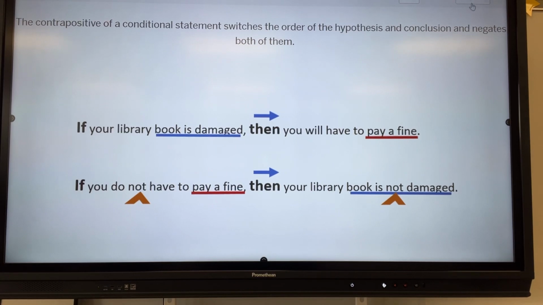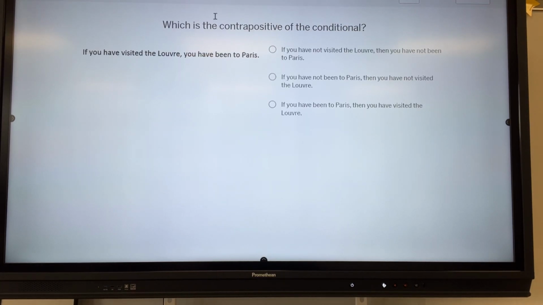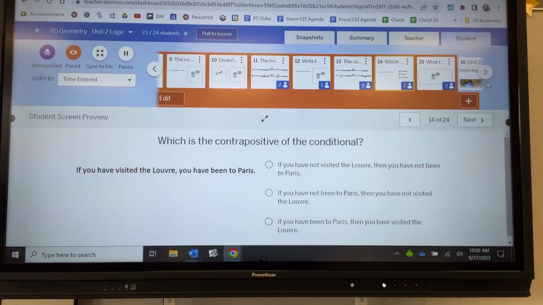Oh gosh, where? Oh, here we go. And I think